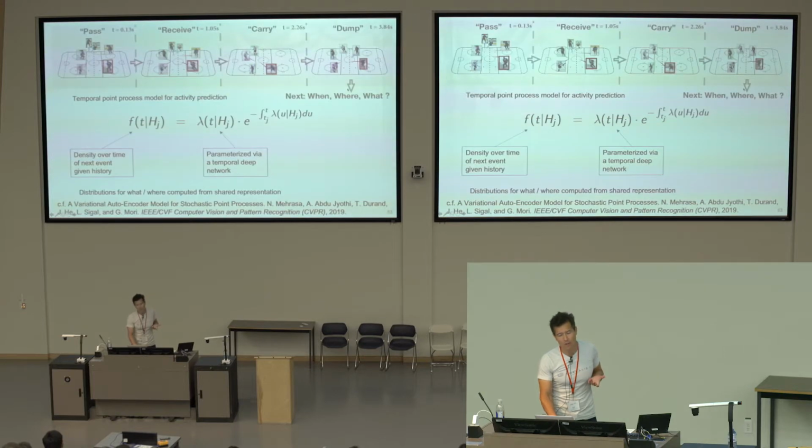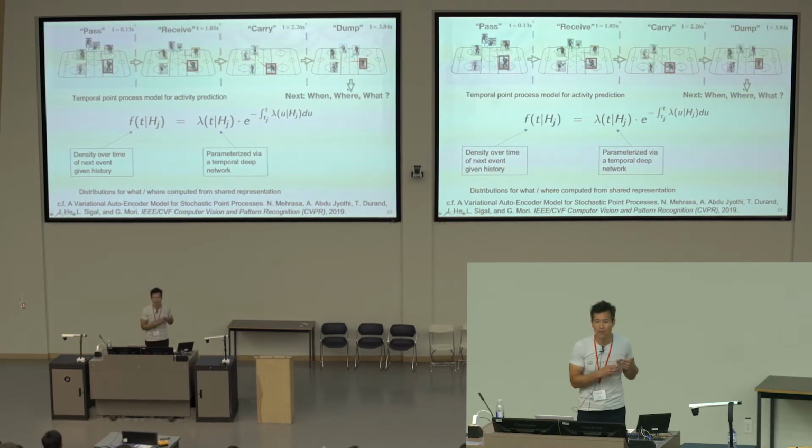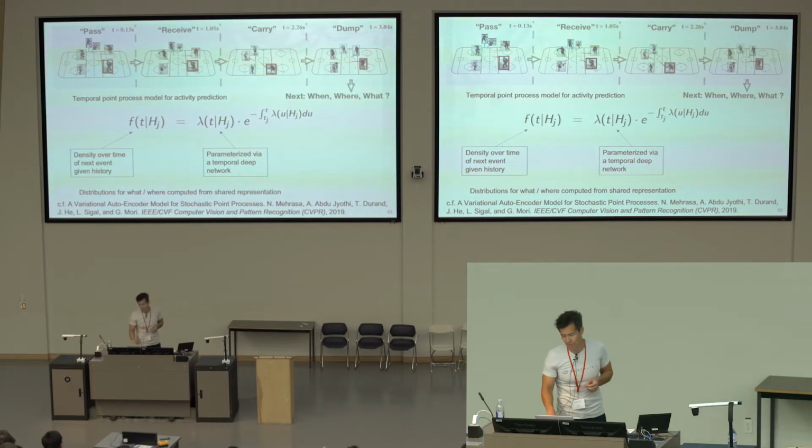We've built similar types of methods that can analyze sequences of actions and predict when and where something is going to happen next. So we've got methods that can take in sequences like, this is a hockey game, there's a pass, this pass has been received, the puck has been carried over the blue line, what's likely to happen next, with some probability distribution on what, as well as when that's likely to take place.